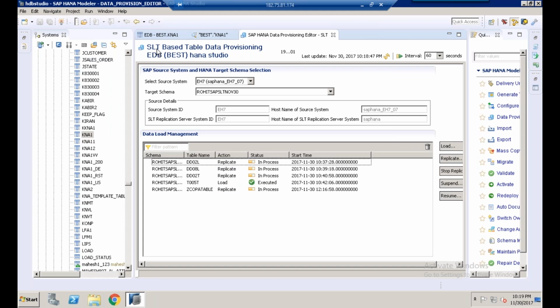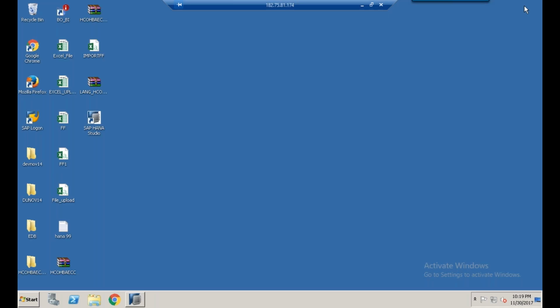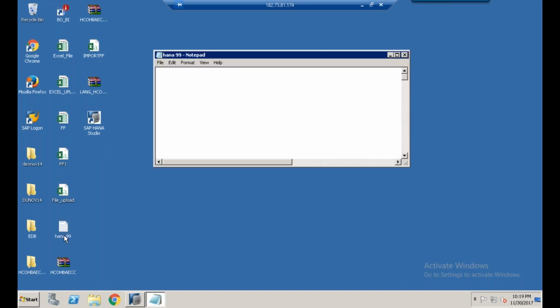So here you have SLT, SAP Landscape Transformation, and then please see here on the front end part, you also have SAP Fiori apps.